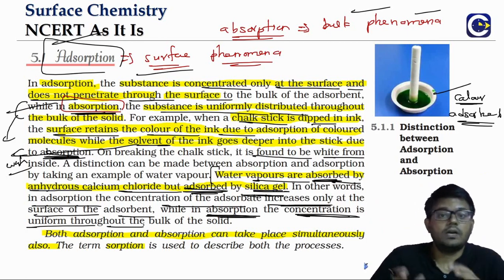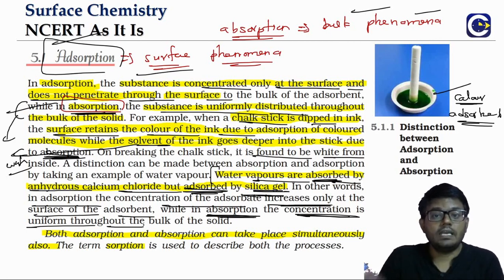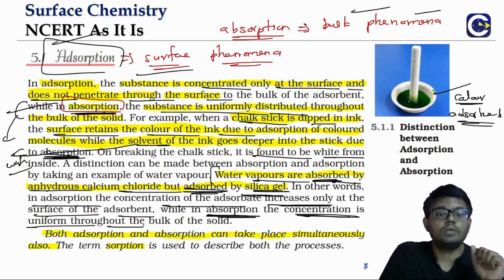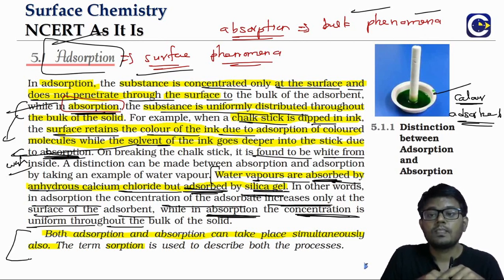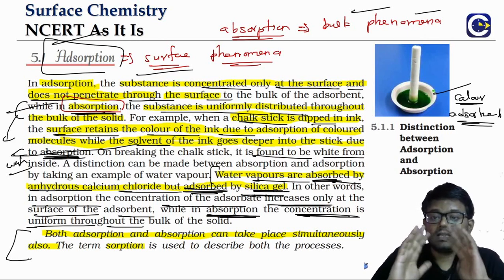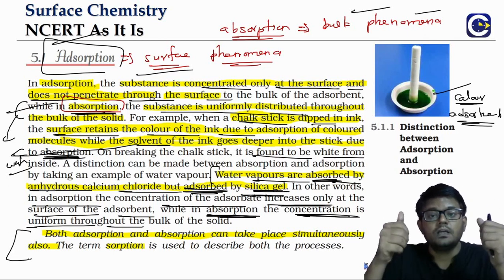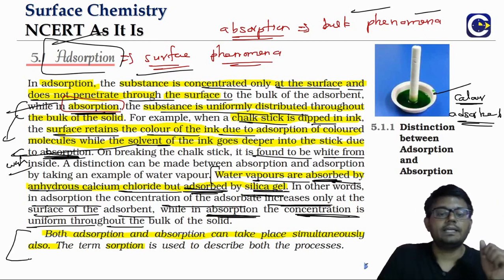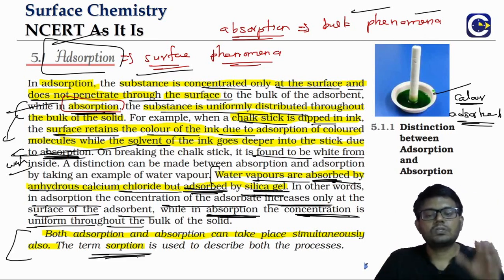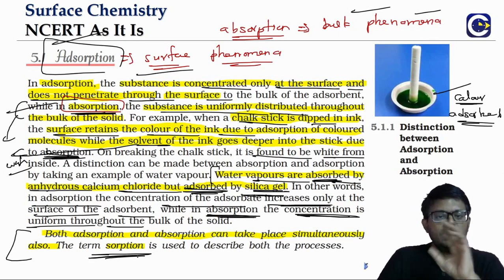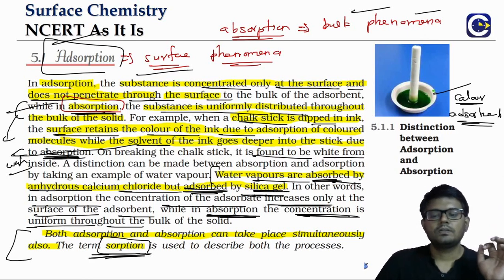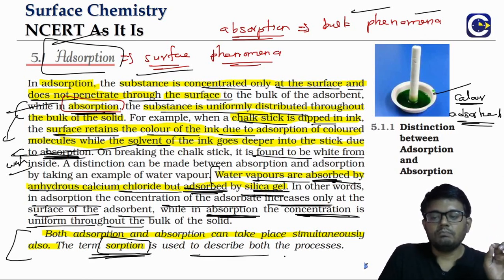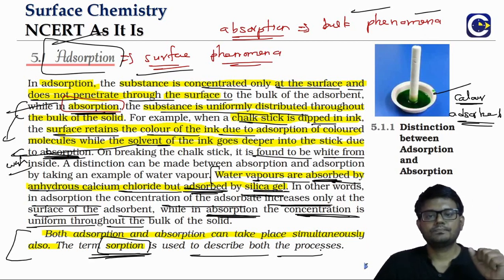Now we will have a question, is it like always either this or that, or can they happen together? They can happen together also. Like, we can have phenomena where we will see that the concentration of particles on the surface will be increasing, and also the concentration inside will be increasing. When they happen together, that's what we will be referring to as sorption. So look at it, that ad, ab, just remove them. We call it just sorption. Sorption is to describe when both the processes are happening together. Okay, so these words we have to be a little bit careful.